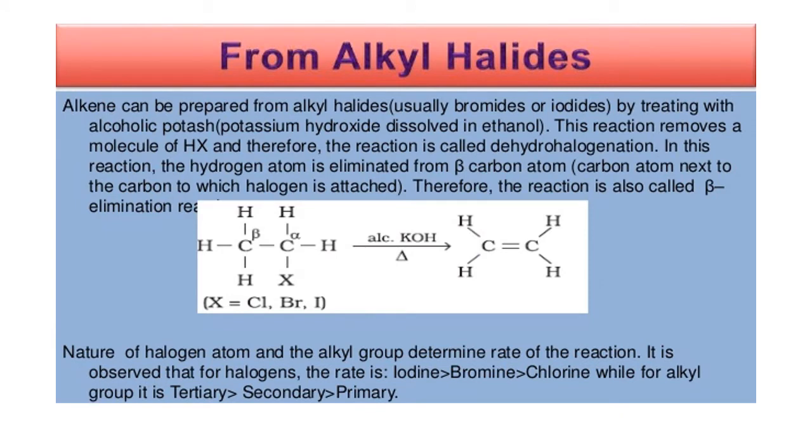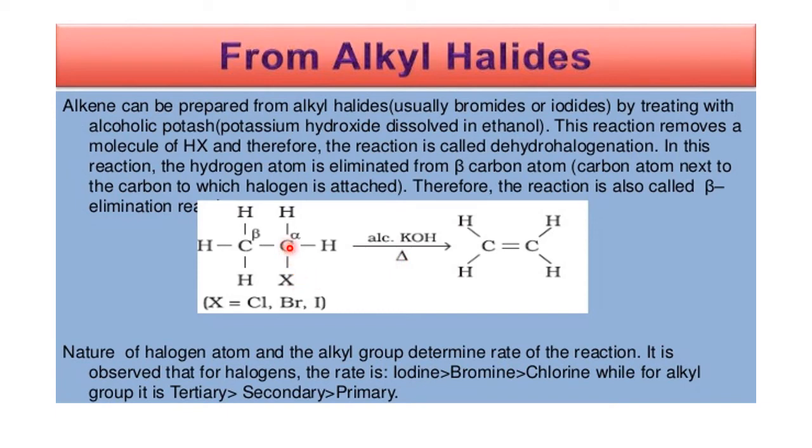Next method is alkenes prepared from alkyl halides. Alkyl halide, CH3CH2Cl, where X can be any halogen. This is ethyl chloride or chloroethane. If it is Br, bromoethane; chloroethane, iodoethane, fluoroethane, all those are called alkyl halides. Now here, in the presence of alcoholic KOH and mild heating required, what happens here?